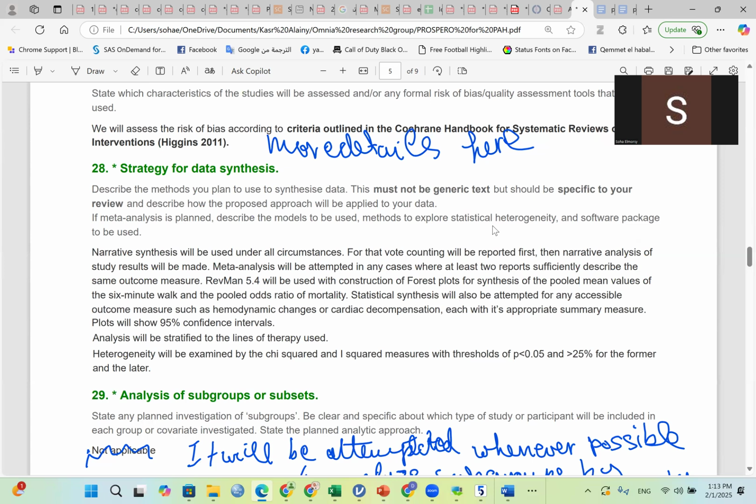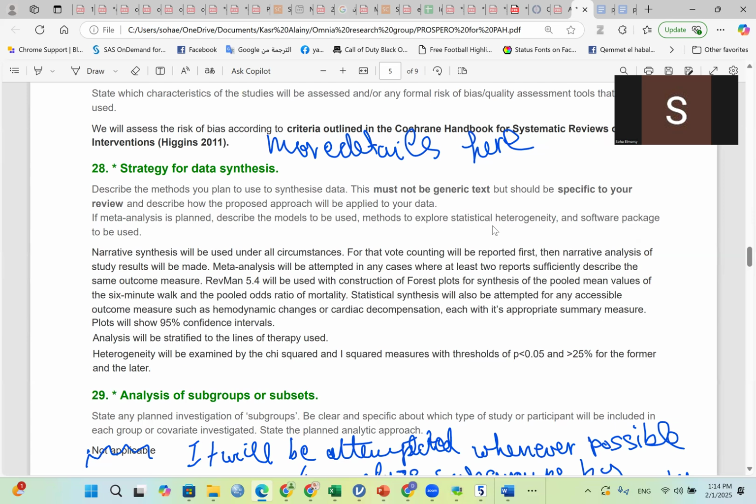If studies measure highly variable outcomes, one is measuring mortality, one measuring 6-minute walk distance, one measuring, let's say, the hemodynamics, they don't agree, okay, or very few of them agree. I advise you to always say that you will attempt meta-analysis. However, if meta-analysis is not possible, you are going to go the way of narrative synthesis.